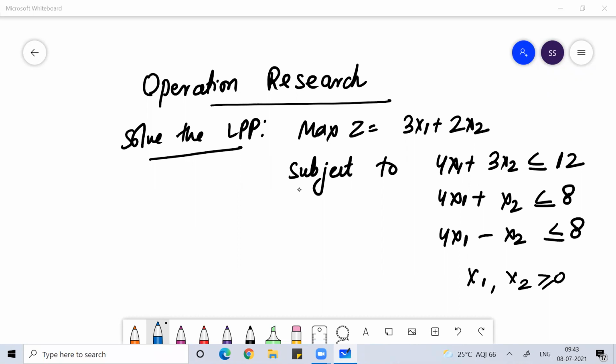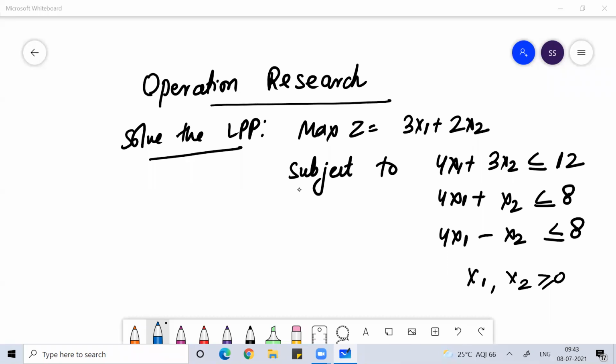In this class, we're going to discuss the concept of LPP, the linear programming approach. We have learned how to construct a linear programming problem whenever we are given a set of conditions. Those conditions can be given in the form of a descriptive problem, so we can read the problem, note down the important conditions, and then formulate an LPP equation based on the given set of conditions.